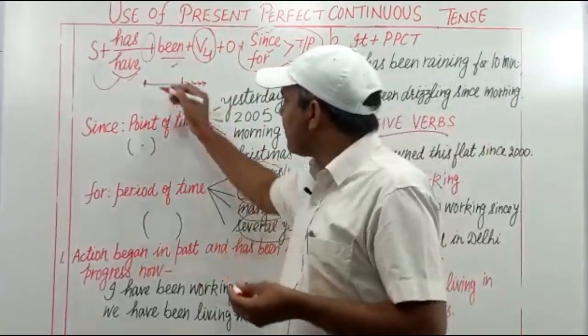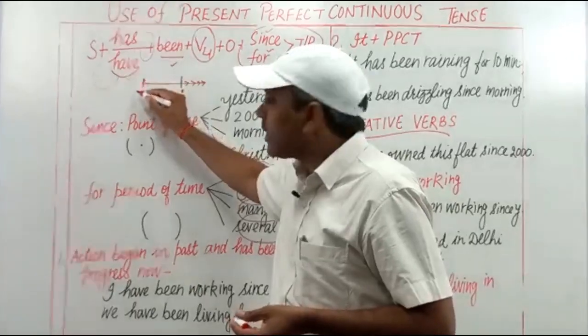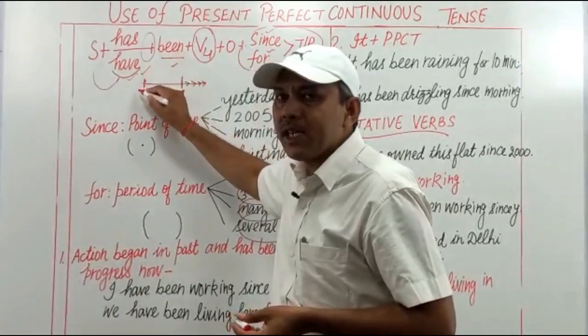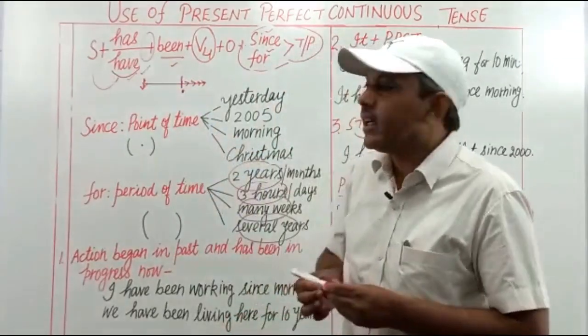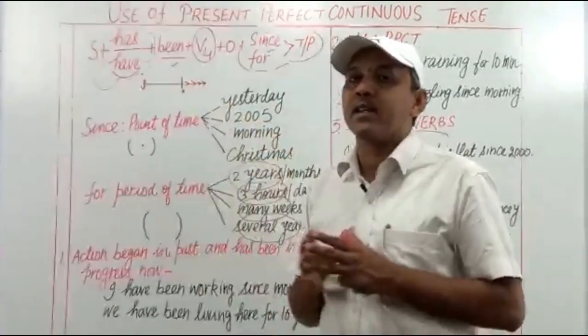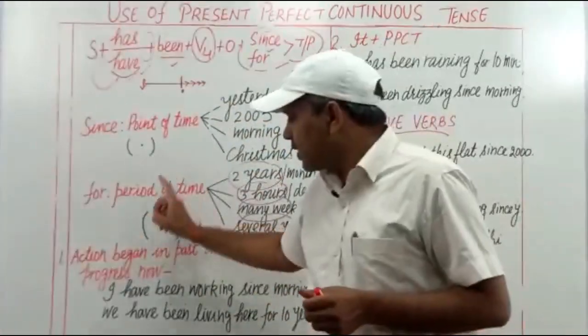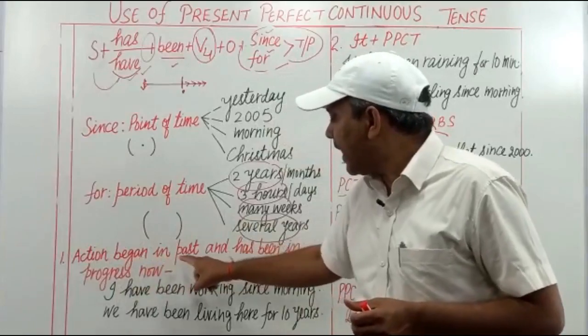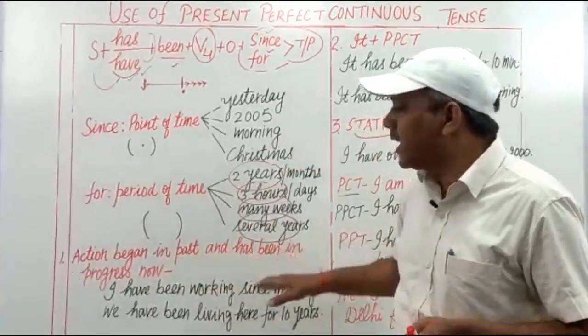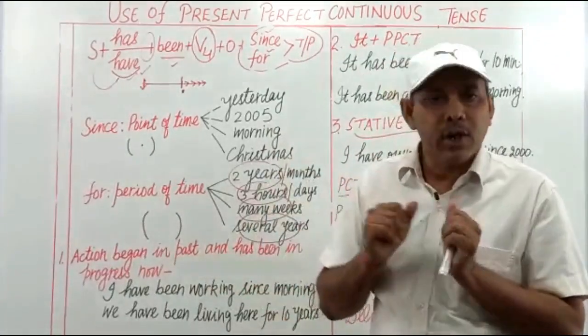और ये वाला काम पास्ट में कब से शुरू हुआ, किस पॉइंट ऑफ टाइम से या कितने पीरियड ऑफ टाइम से, ये भी इस बात पे डिपेंड करता है. तो इट इज यूज्ड फॉर एन एक्शन दैट बिगेन इन पास्ट and has been in progress now. For example,